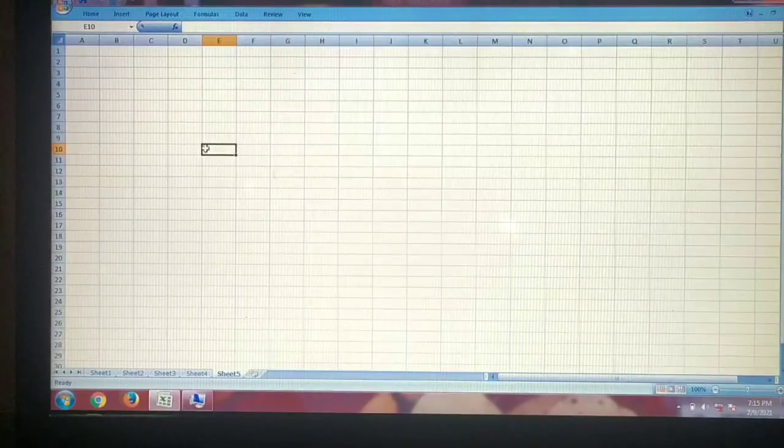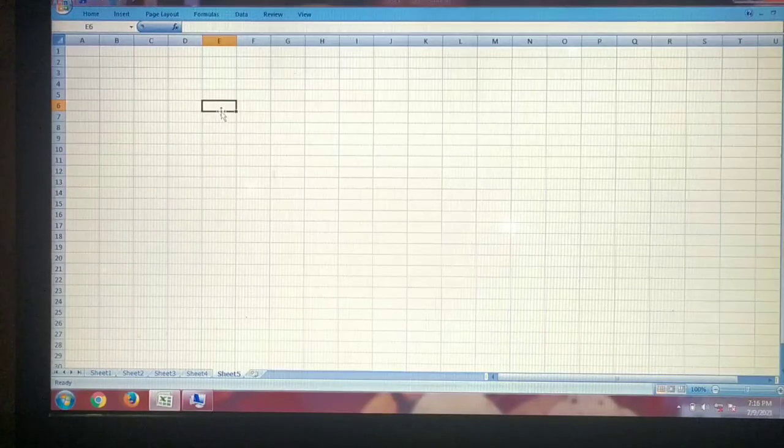A relative cell address is one where the column label and row number are simply written side by side. Once you write the column address followed by a row address, that is known as a relative cell address. Usually we all use relative cell addresses. When I click on this particular cell, the relative cell address is C4. The column heading followed by the row heading is known as a relative cell address.